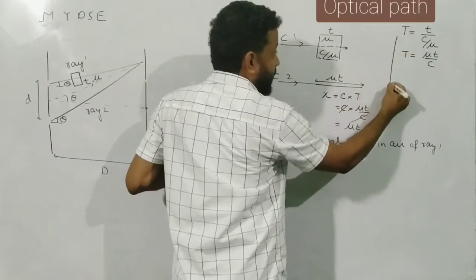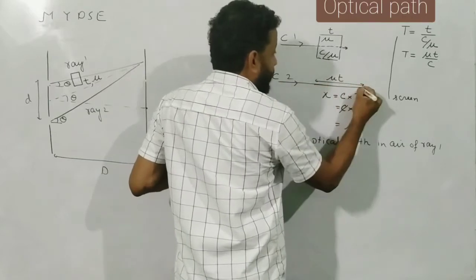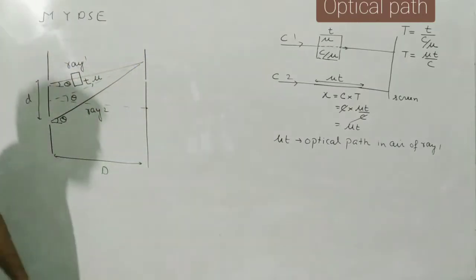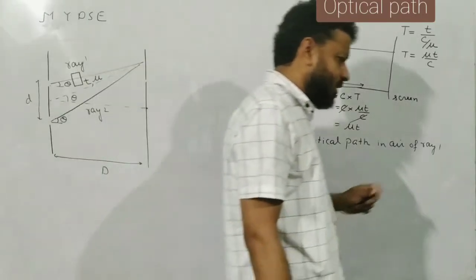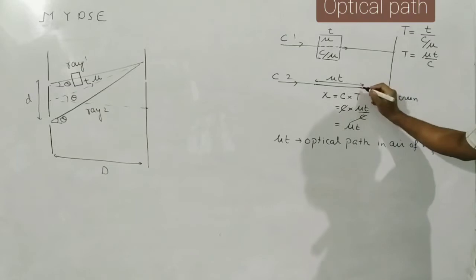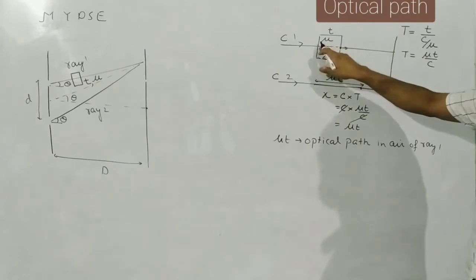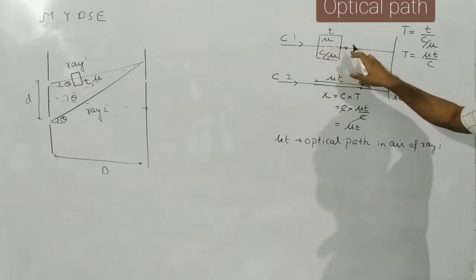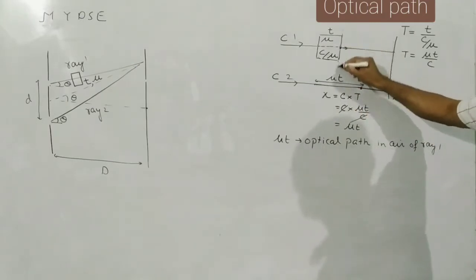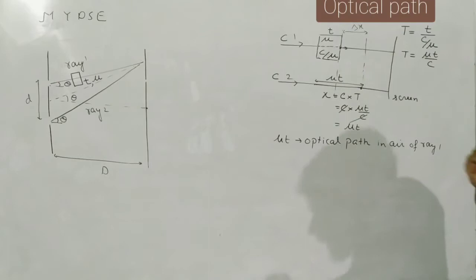So let us say now I am putting a screen over here. Let us say this is my screen now. So once ray 2 reaches over here, ray 1 also has reached here. Correct? Who has traveled more path? Think logically and tell me who has traveled more path. Remember, by the time ray 2 has reached here, ray 1 has just reached here. That means when ray 1 has crossed the slab, just about to leave the slab, by that time ray 2 is already ahead of this. That means this is the extra path ray 1 has to travel.